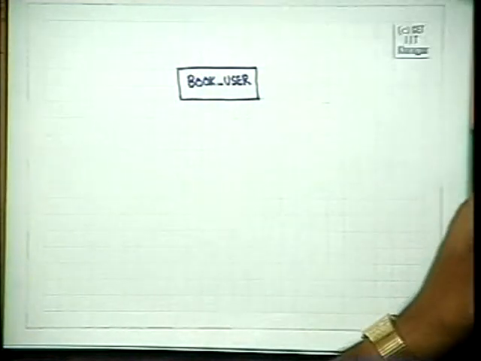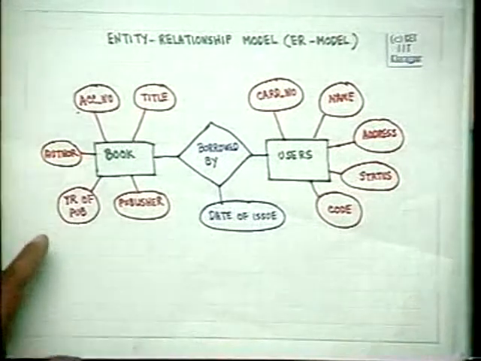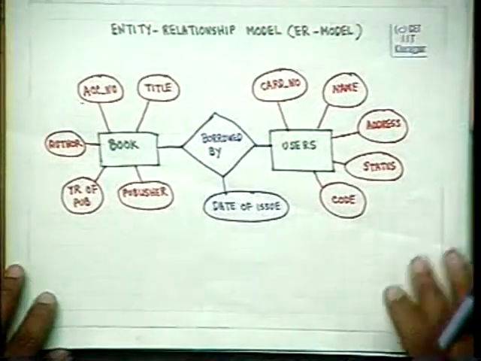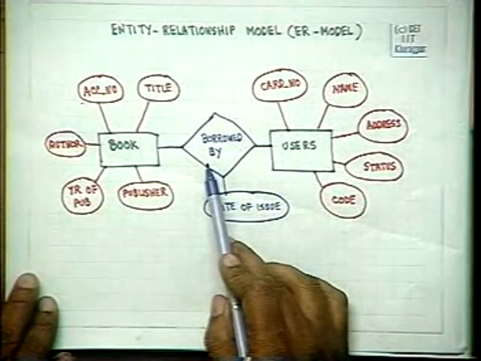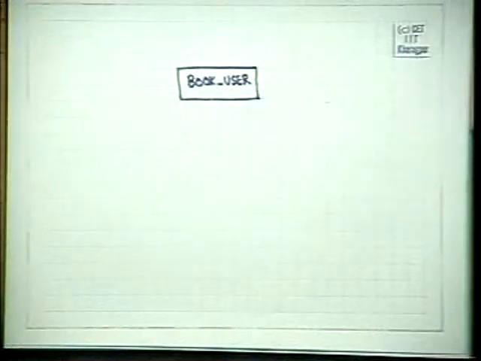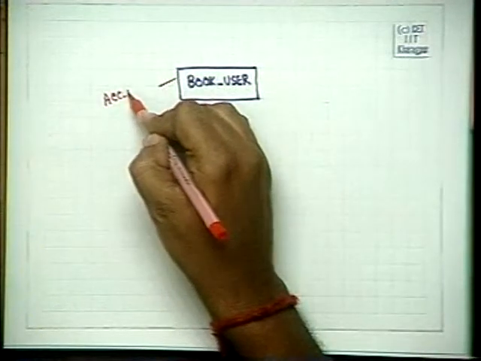That is, instead of this, book, user and borrowed by with this date, the alternative is we will have a book user combination which will have all the attributes: accession number,